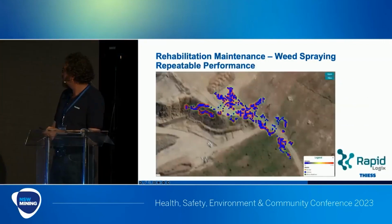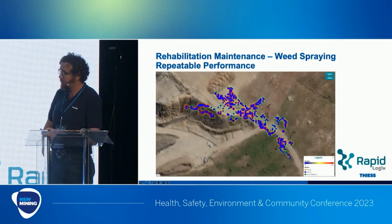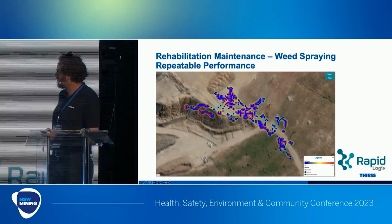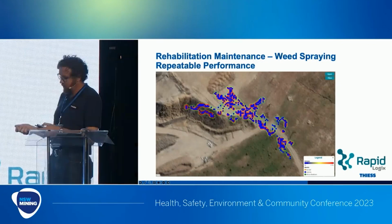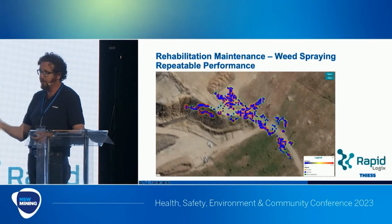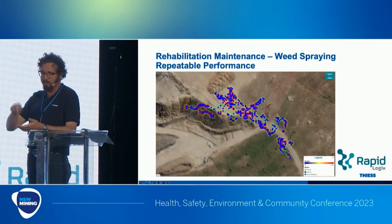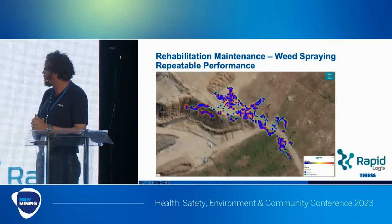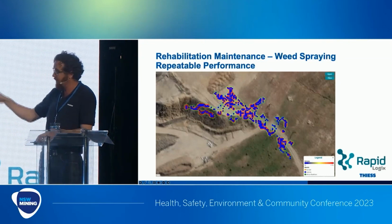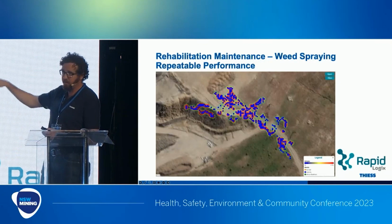spraying. But what we're able to do is work with the manufacturer, and they had a prototype GPS tracking system. What that allows you to do is measure how much herbicide you're using for each operator on each particular reel. And on the handpiece as well, you can select 1, 2 or 3 for what you're spraying. So on this particular day, they were spraying Gallinia. I think in that session they put out 300 litres,